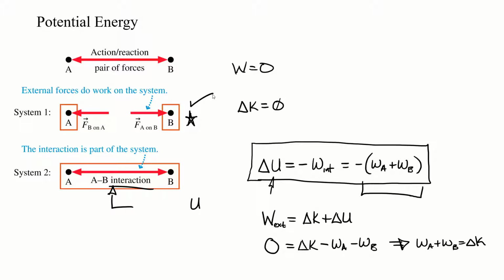Essentially, pun not intended, it's a little less work sometimes to analyze the system as a whole and just consider potential energy. And there's a lot of mathematical reasons why we want to do this. But the gist is, when you have a system, if you include multiple elements or multiple parts, those interactions between those internal parts of your system can have potential energies associated with them. And we need to keep track of those potential energies if we're considering the energies in that system.